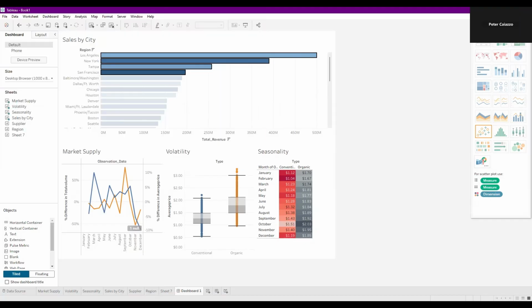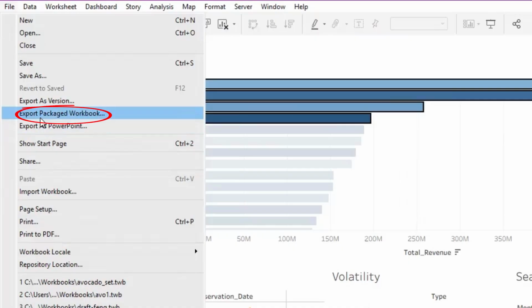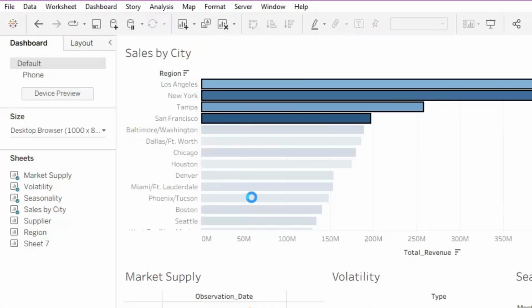And then we're going to export it. So let's say we wanted to share it with someone. What we could do is go to File, and there's a couple of things we could do. First, if we export it as a PowerPoint, it'll be dead. It'll come out as an image that you could just stick into a slide deck. But we want to export the whole thing with all of the visualizations. So to do that, you would click Export Packaged Workbook,